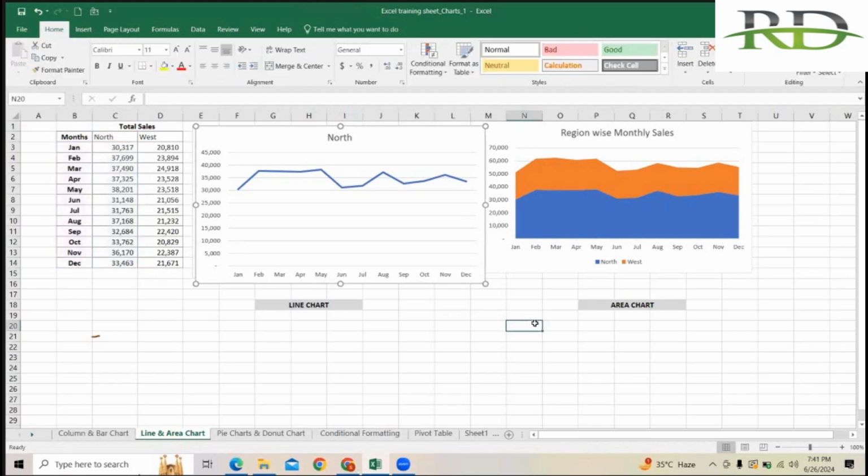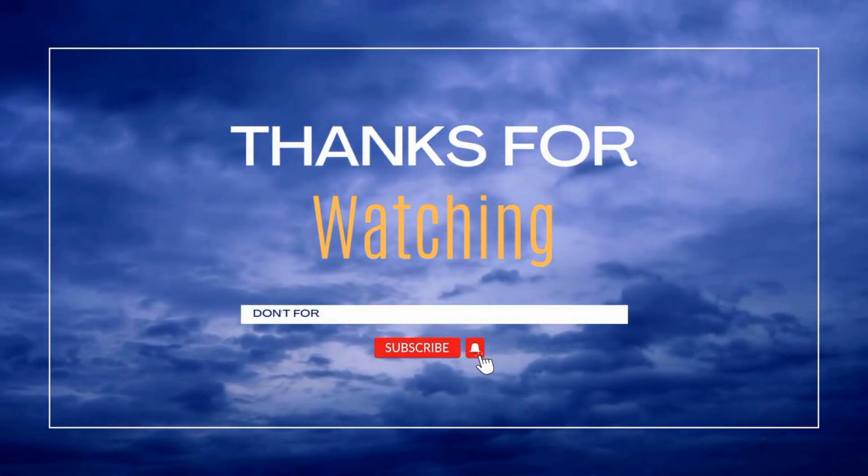So I think, any doubt on how to make a column chart, bar chart and line graph, kindly ask. If you have any doubt related to how to prepare these two